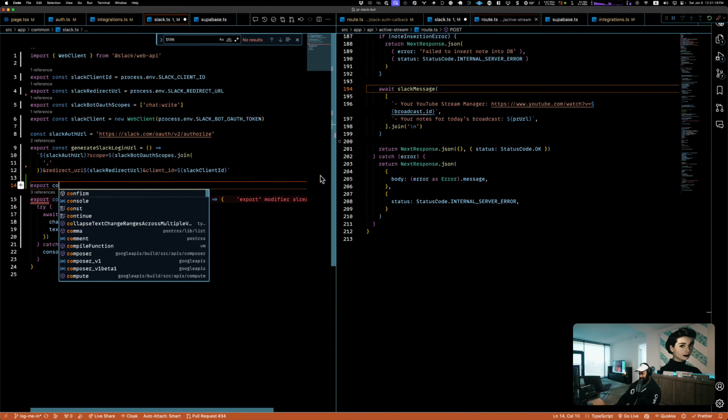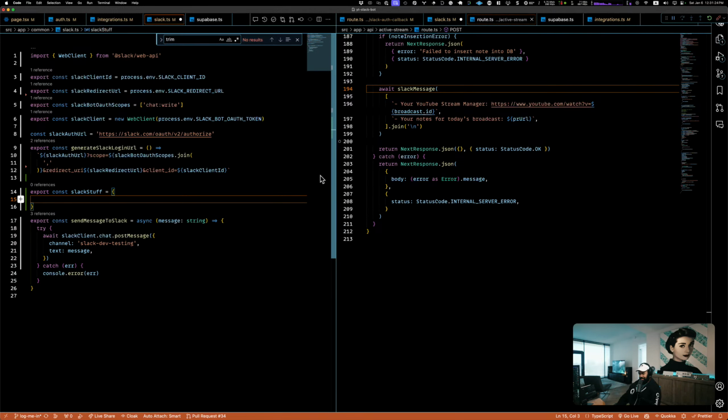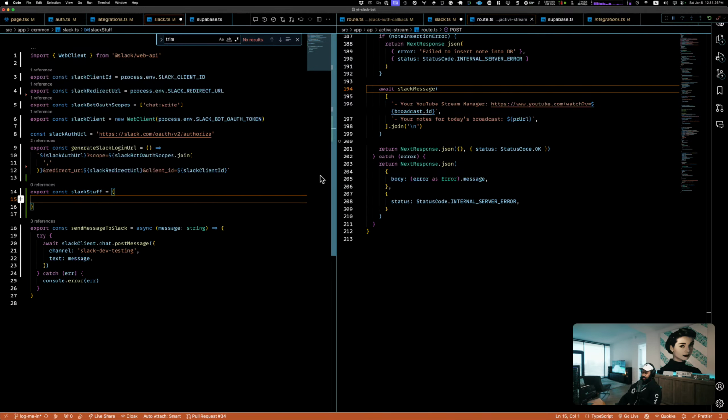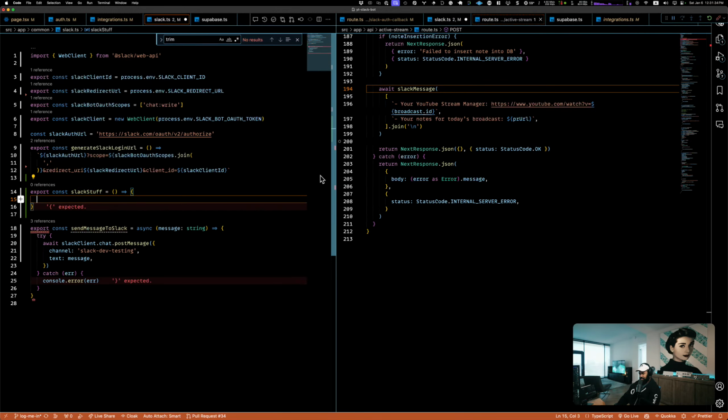I don't know. We'll call it Slack stuff. Just to prove that it doesn't really matter what the name of this is right now. And the whole point of Slack stuff is not actually to be an object. It's going to be a function that's going to return an object.